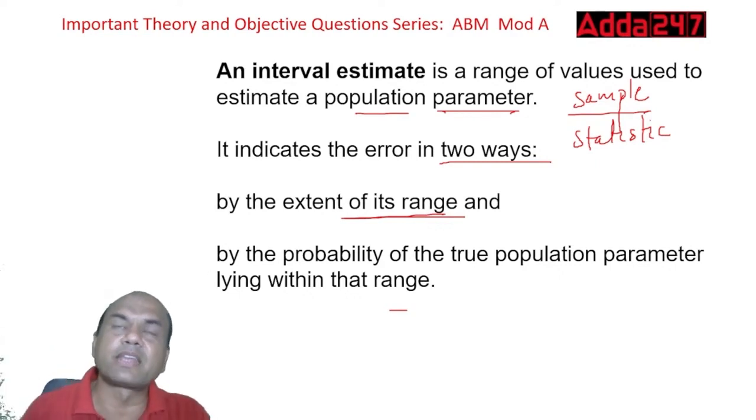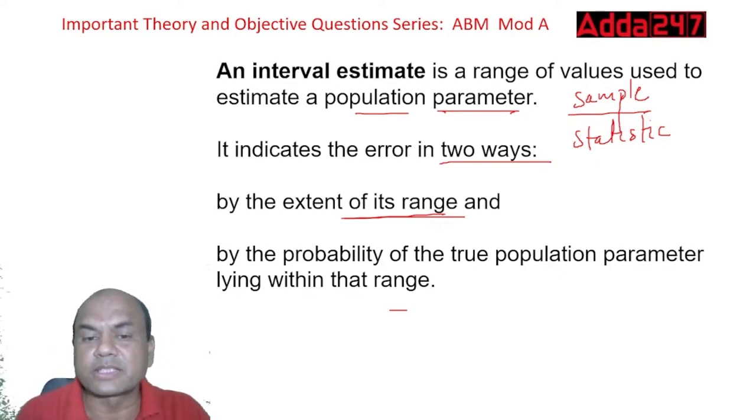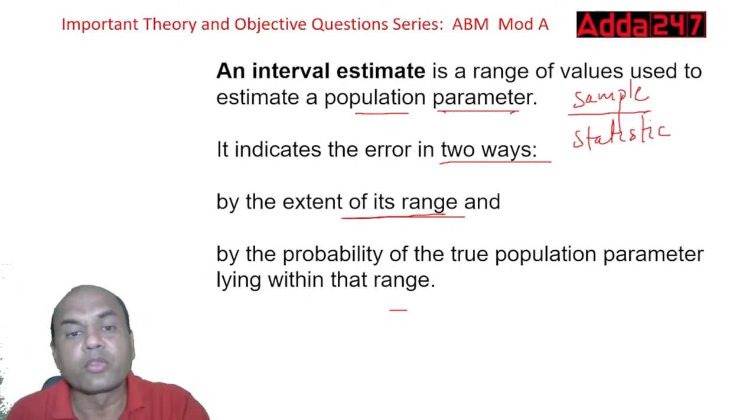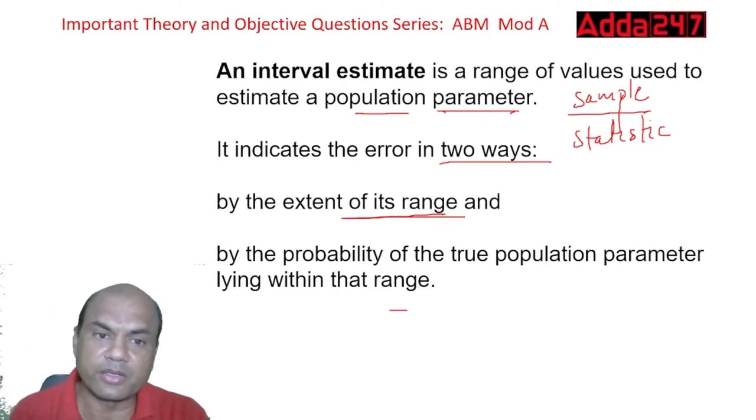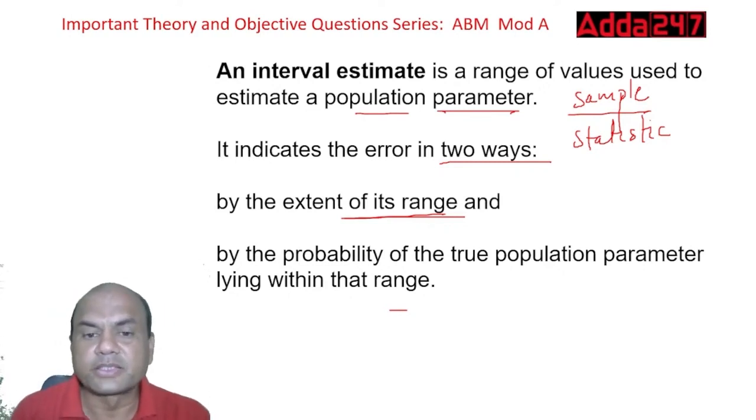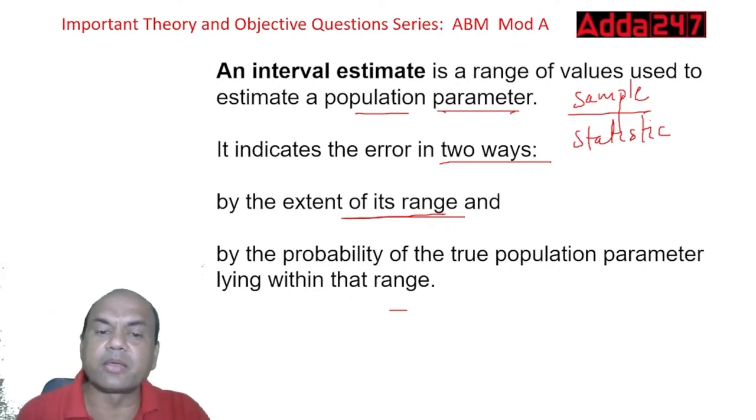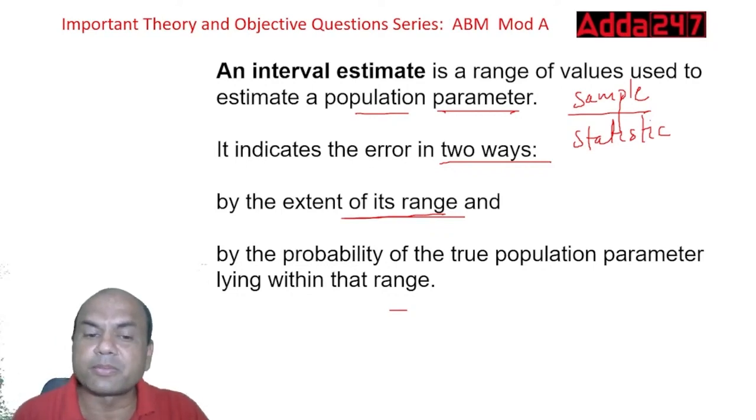by the extent of its range. So range is important over here. Extent of its range. Okay. So what range are we talking of? That is important. Got it? So that's why we say the extent of its range and the probability of its true population parameter lying within